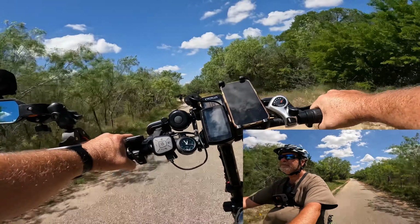Well, so far we've gone 4.3 miles, 18 minutes on the seat. Looks like we're still on our trail that we have mapped out. A very beautiful area. They've really transformed these creeks around here into bike trails, and they've done a really nice job. They're all paved, and